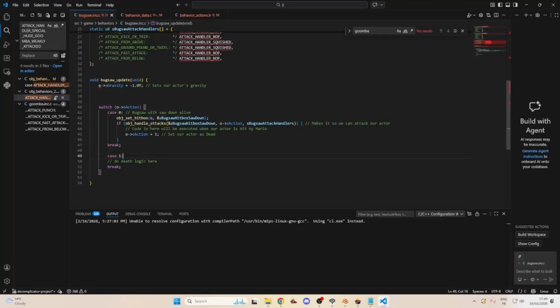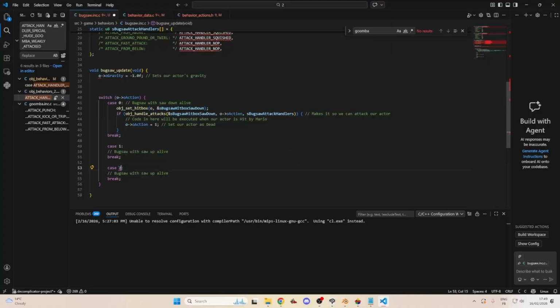Case 1 will be bug saw with saw up. Like this. Up. So here,